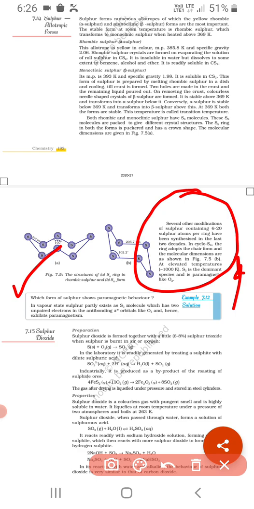We have the NCERT question, so we have to discuss it. In the vapor state, sulfur partly exists as S2 molecule, which has 2 unpaired electrons present in anti-bonding pi orbitals like O2. In molecular orbital theory, we have studied that we have bonding as well as anti-bonding orbitals, sigma 1s, sigma star 1s, sigma 2s, sigma star 2s, like this, and the last 2 electrons are unpaired and present in antibonding orbitals like oxygen and responsible for paramagnetic character. Right? So this is all about the allotropic forms of sulfur.